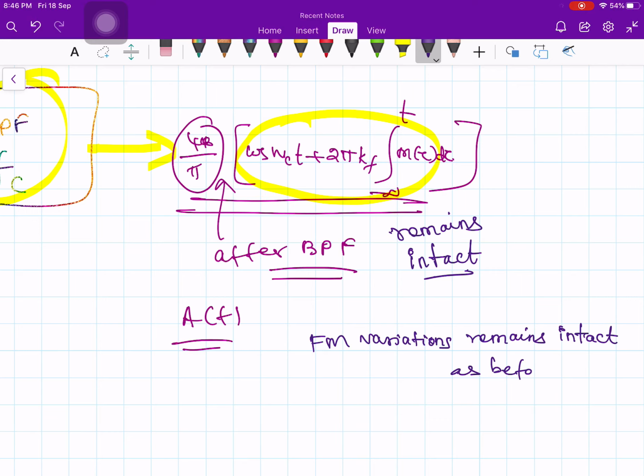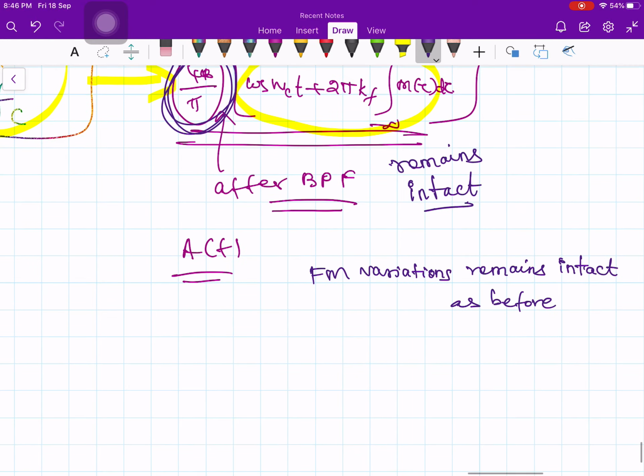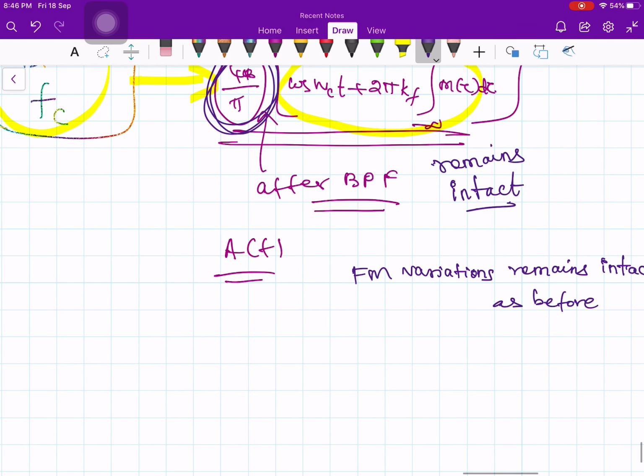Only the amplitude is changed to 4 pi. That's it. Okay, so I hope now with this discussion it is clear how the bandpass limiter works. And it should also be clear that an overall FM demodulator must contain both these devices, bandpass